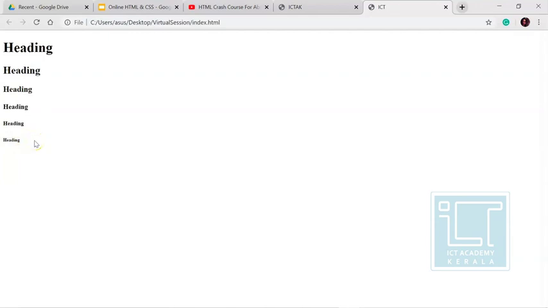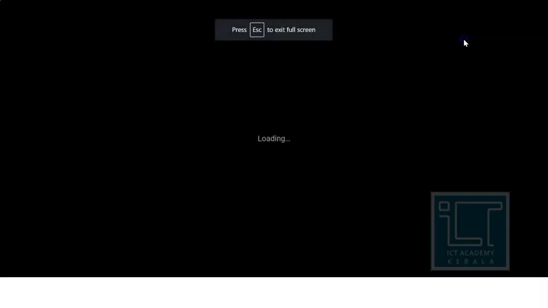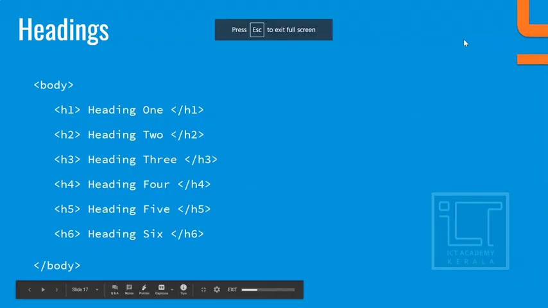So you can try it out also as a hands-on session. So that will be more fun. And this is a basic H1 tag that I would like to take you through. So that's all about H1. Usually we give H1 for the headings. As the name itself, H represents headings.